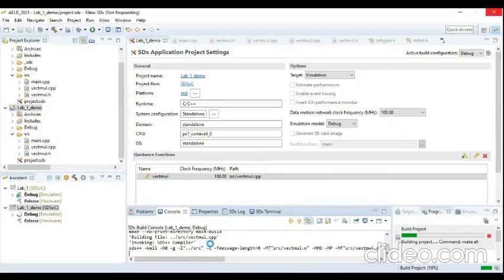As you can see from the console, it has started building. You will see that it will start creating a Vivado project with a block diagram, and then it will generate a target.